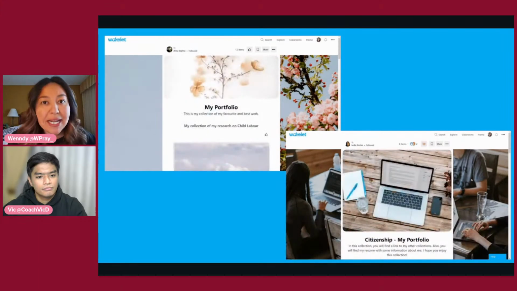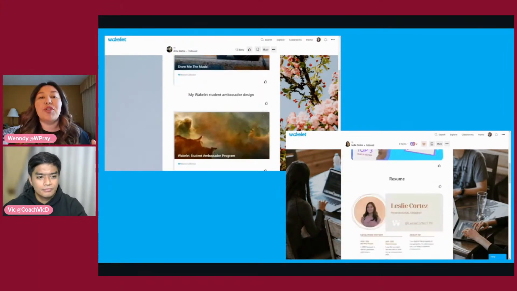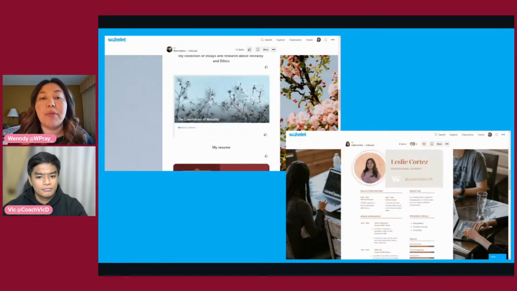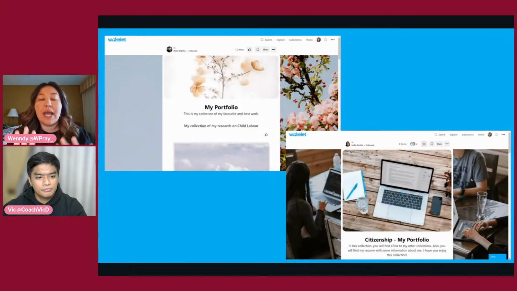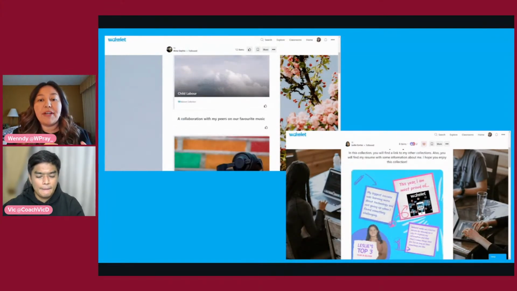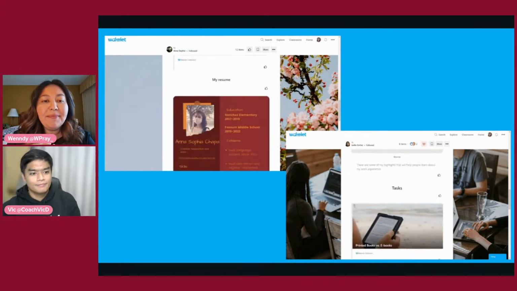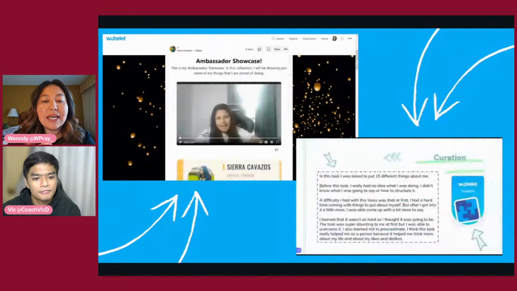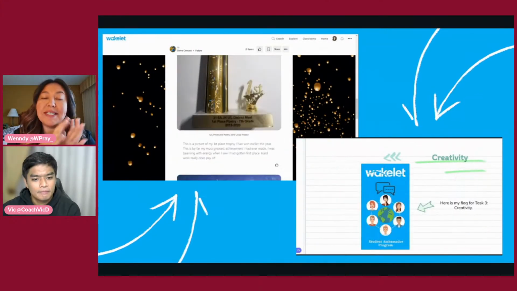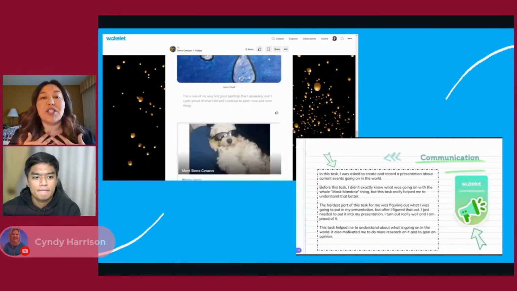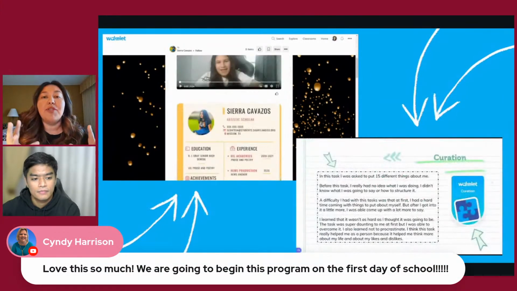I strongly recommend it. They have a lot of templates on resumes, and I have the students evaluate which resume speaks to you most and which one could market you best. And so they use their skills to analyze, and then they tweak and modify to showcase themselves. So that's super neat. And then in the next slide, you'll see, I also, as an extra component to the Wakelet Student Ambassador Program, this is not officially part of their program. This is just something that I wanted to do for my kiddos, is I wanted them to create a